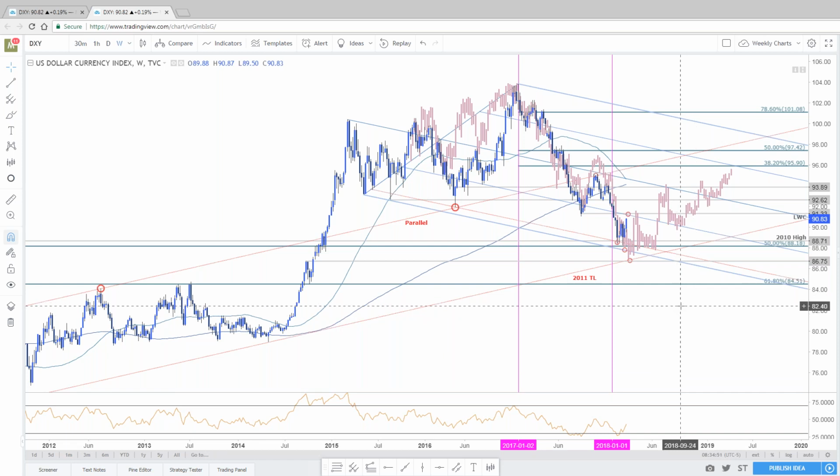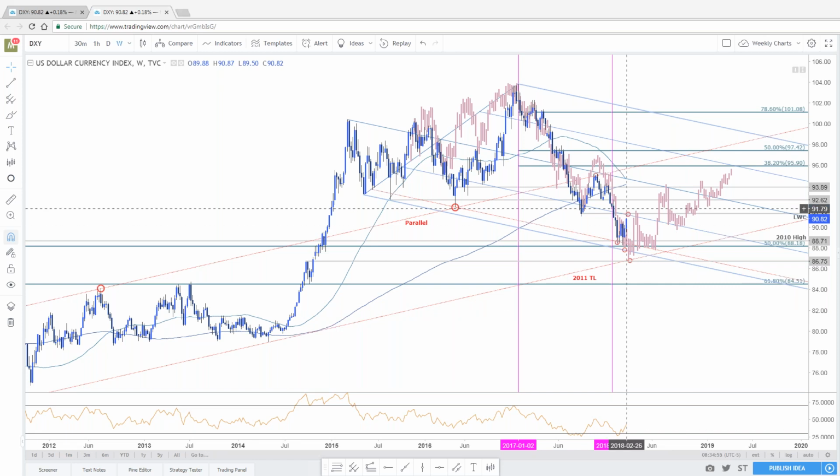You can get caught up in that trap, irrespective of how many years of experience you have. So at the end of the day, I do think there's a little bit more upside to go here on the DXY. Here's what we look like on the daily chart.